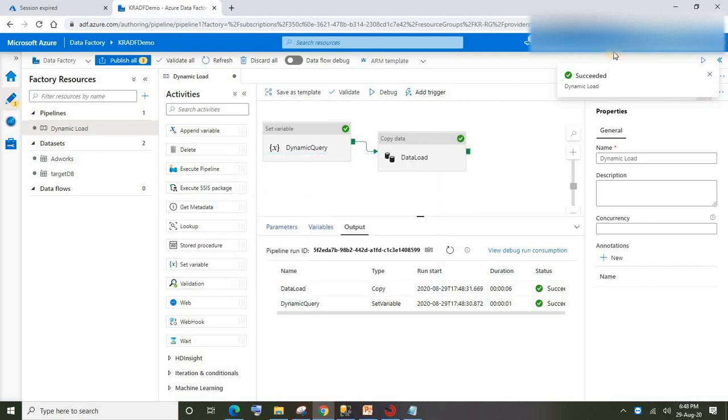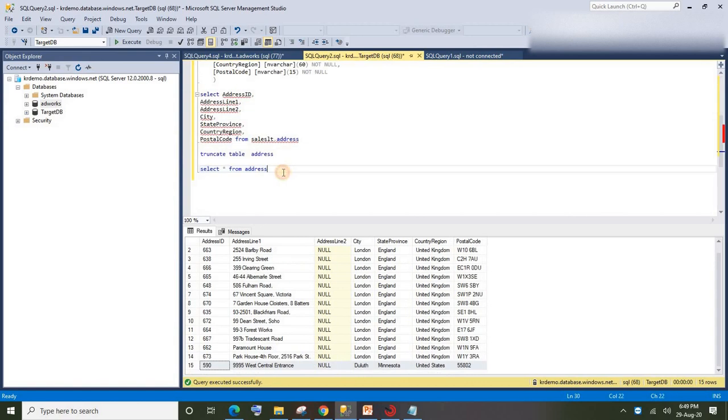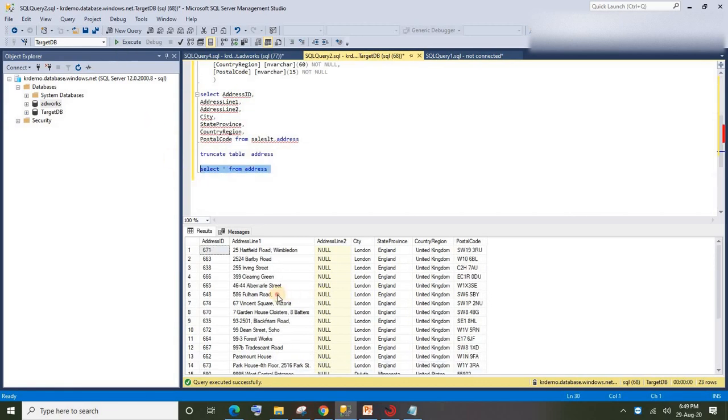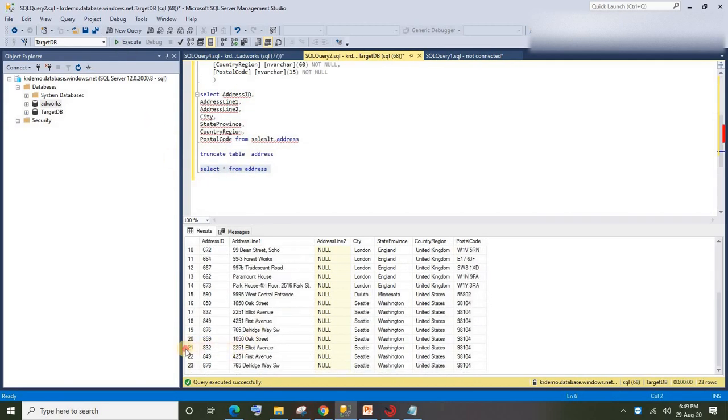Fine, done. Our pipeline also executed successfully. Let's go ahead and validate if we have got data for Seattle. All right, now we could see data for Seattle also loaded. Fine. This is how you can make your pipeline data load dynamic.